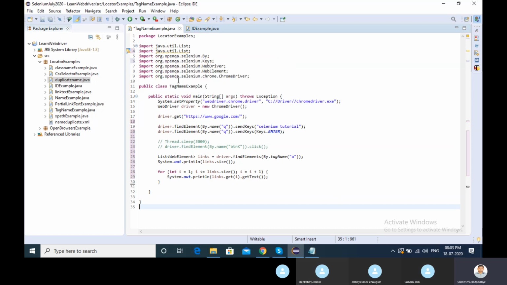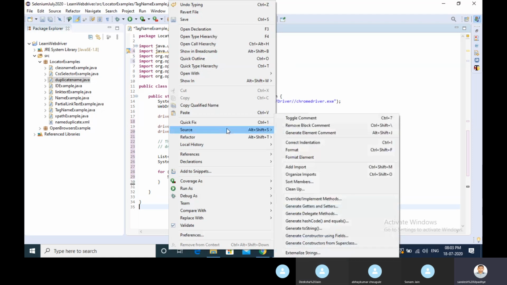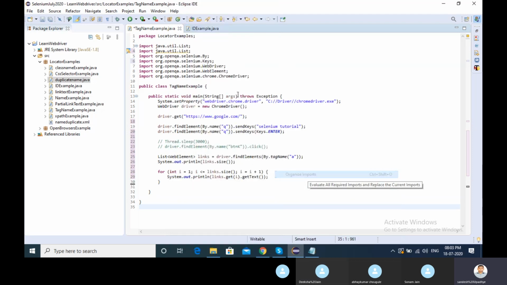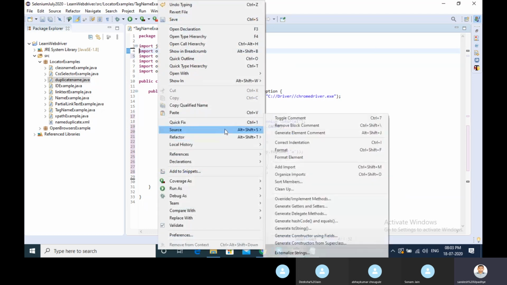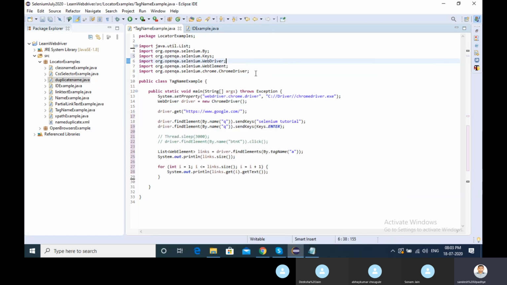If we have two or three imports that are not being used, right-click, go to Source, and Organize Imports. Or the shortcut key for Organize Imports is Control Shift plus O. It will organize whatever imports we have. If we are not using any import, it will be removed. That will be clean. Okay.